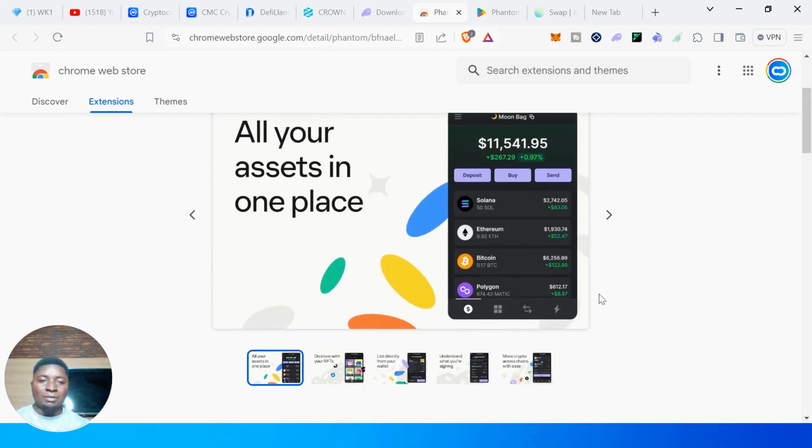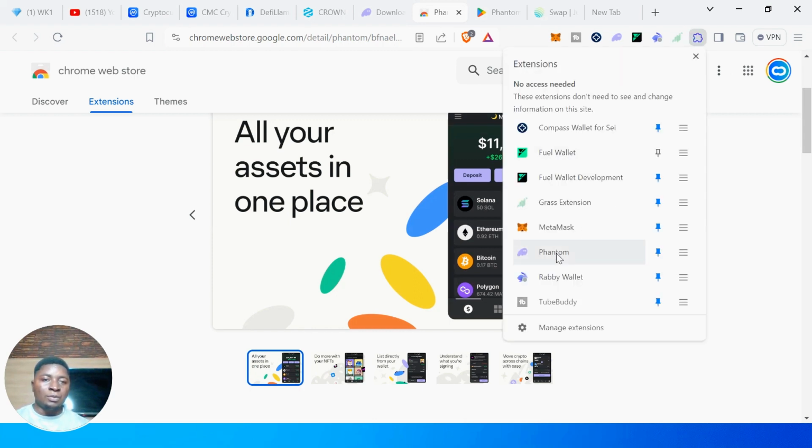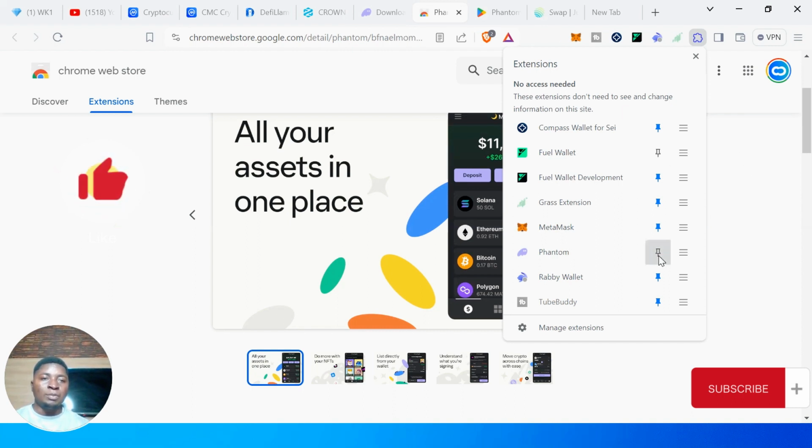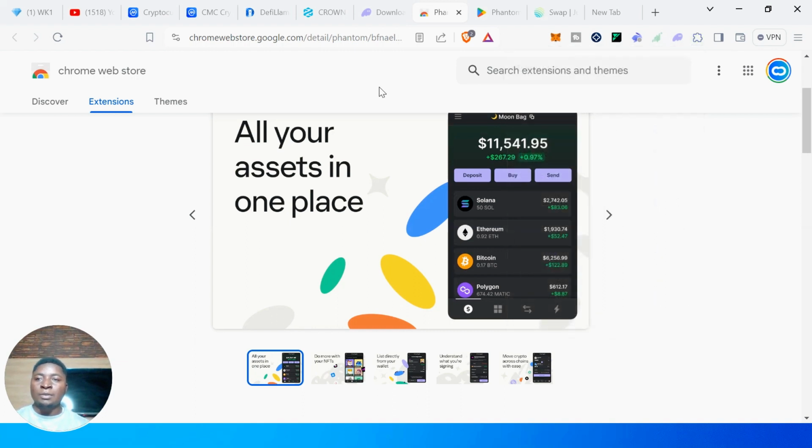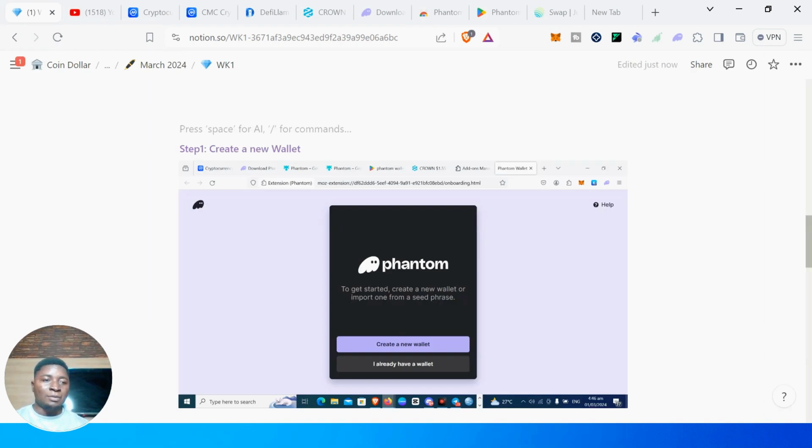To show your assets, it will show this home page. But I will quickly show you what it will look like once you install. It will come up in this way. You see Phantom, and I'll suggest that you pin it. Once you pin it, it will appear on this top side. So these are the three steps that you need to take in order to download, install and